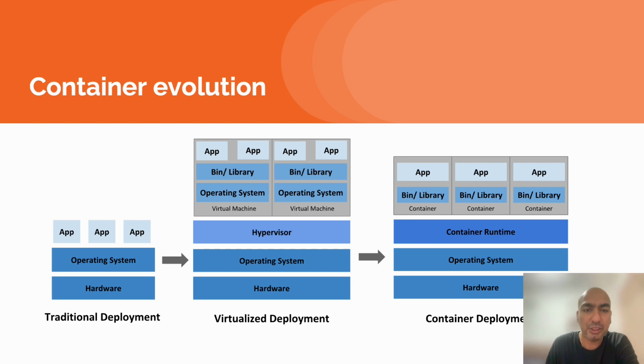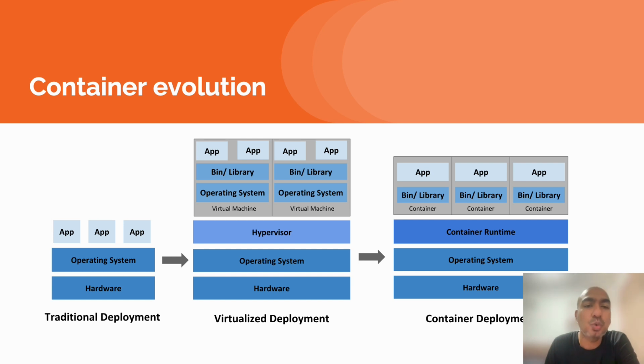Third was containerization. In this third category, what really happened is the hardware remained the same. We have the operating system, and we have the container runtime. So you deploy the container and then you have the runtime which will help it work. If you see these two differences, we now don't have the full OS. We remove the OS and now have only a small, minimal version.